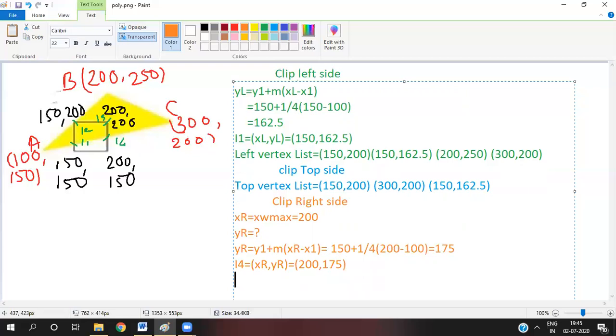I4 we also got over here. Now what is the next step? Write down the vertex list. Write the vertex list is equal to,